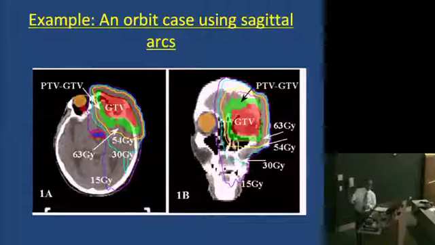So let's go over this patient. GTV means the gross tumor volume. So this patient has a large tumor that's located in the orbit and the skull base right here. The green volume includes taking into account uncertainties in setup of the patient. So if you look at these doses, the opposite eye is getting only 15 gray, while you can give 63 gray to the tumor. So essentially, by using inverse planning, you can give a very high dose to the tumor and decrease radiation to the normal structures.